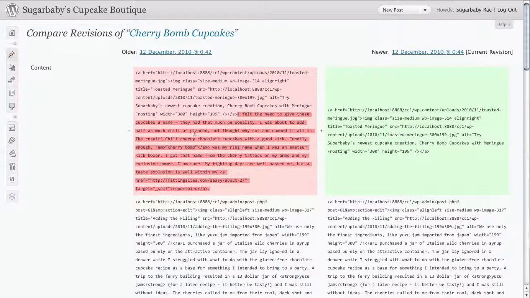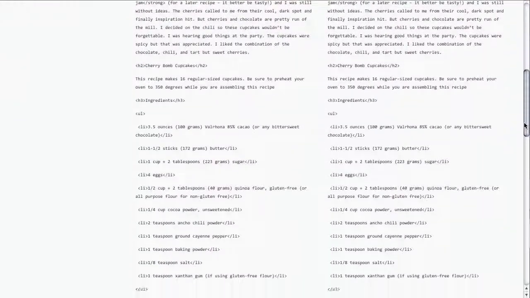And here we can see highlighted the old post on the left and the newer one on the right, and we can see that this darkened red area here represents all of the text that's in the old version but is missing from the new version. So this is the way that we can see that yes, indeed there's something really missing here and something went terribly wrong. So we're going to scroll to the bottom,